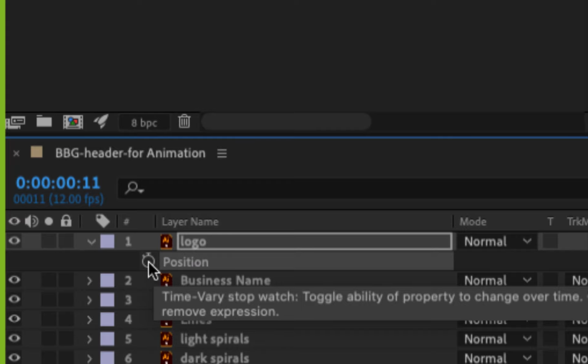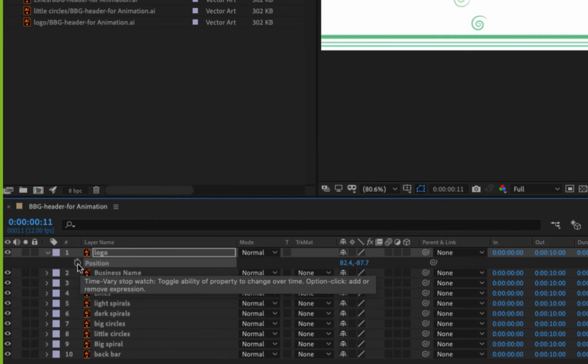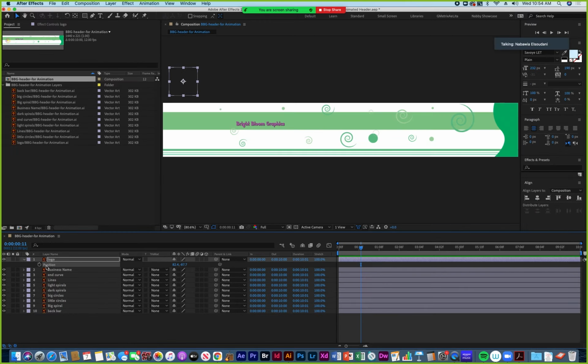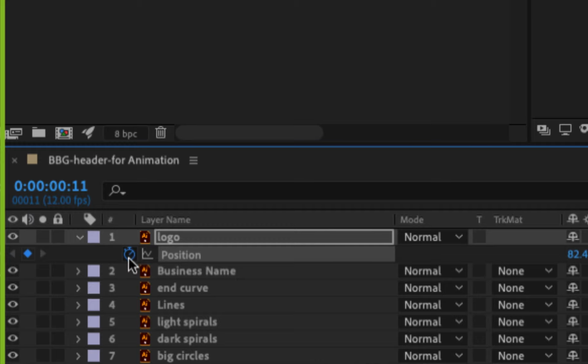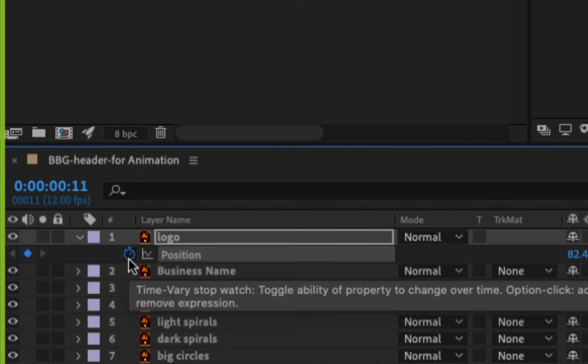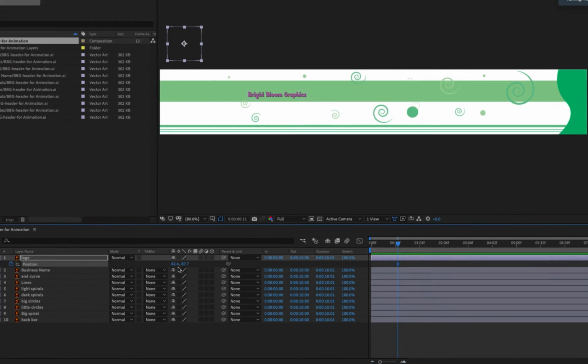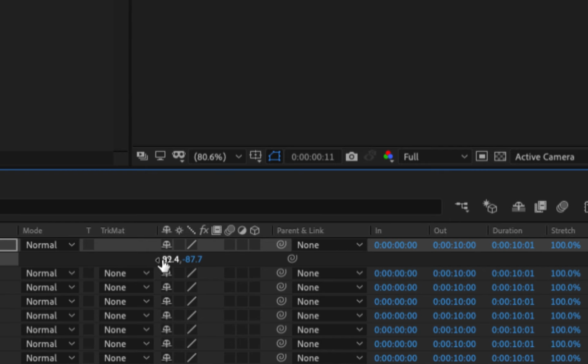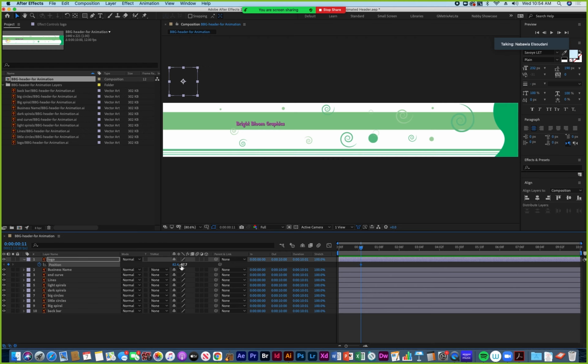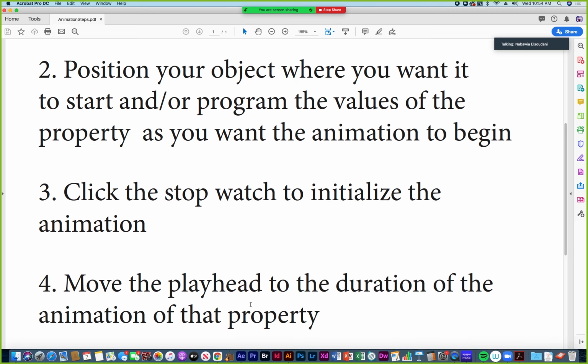When you click on it, you'll see hands of a clock appear inside of it. So you click on that, and now it's initialized keyframing or animation, and it's planted the first keyframe storing the data of the X and Y coordinate values for position into that keyframe. Okay? The next step,